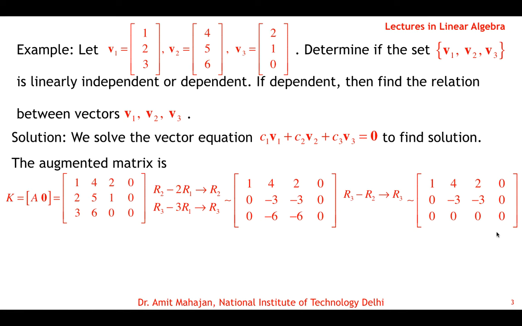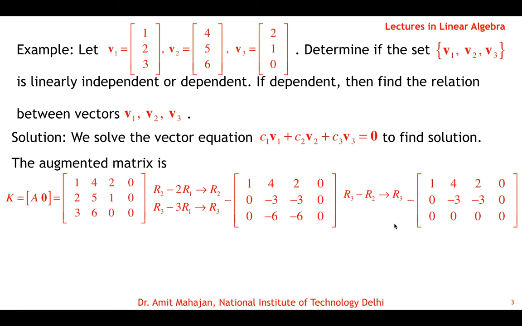Clearly the system is consistent, and it's a homogeneous system, always consistent. Now you can see the pivot positions, pivot columns and non-pivot columns. You have a pivot position here and a pivot position at 2,2, and no other pivot position. So the first and second columns are pivot columns, and the third column is a non-pivot column. This column is linked to a free variable. The third column is linked to the C3 variable, so C3 is a free variable, and C1 and C2 are basic variables.